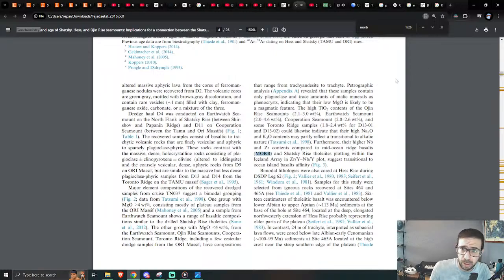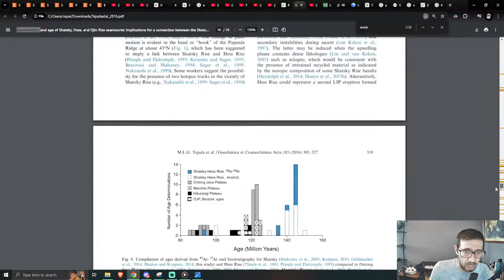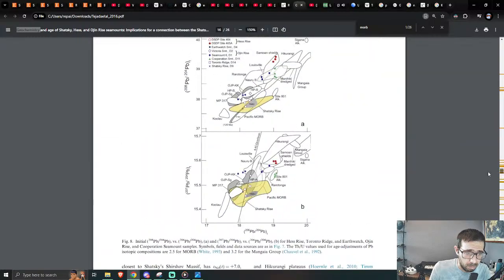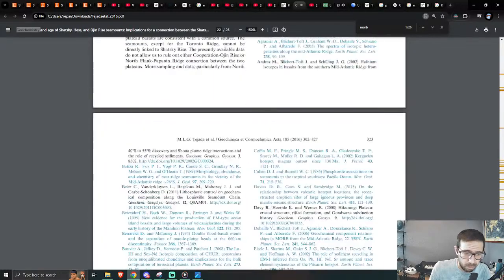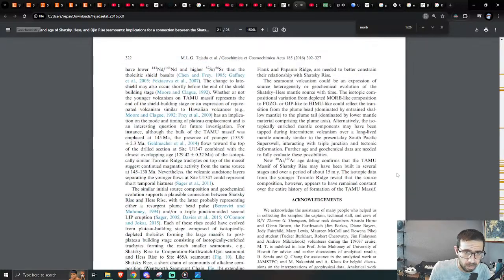Mid-ocean ridge basalts, that's right. Not mantle. Isotopic compositional variation from depleted mid-ocean ridge basalt-like composition to